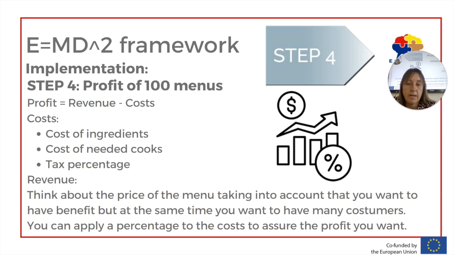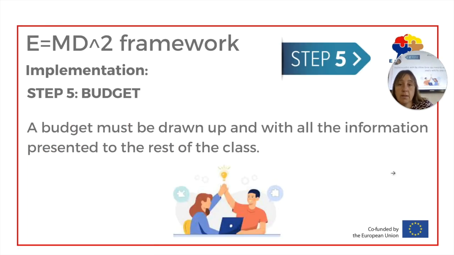Revenue: think about the price of the menu, taking into account that you want to have benefit, but at the same time you want to have many customers. You can apply a percentage to the cost to assure the profit you want. Okay, the last step, step 5: a budget must be drawn up